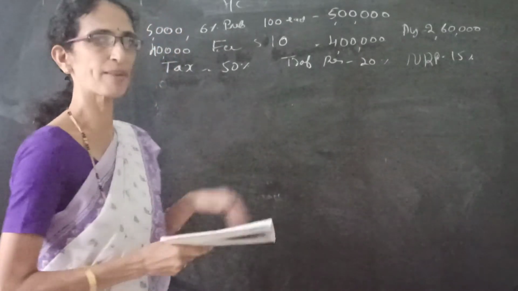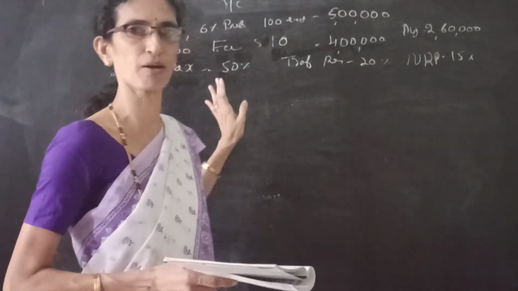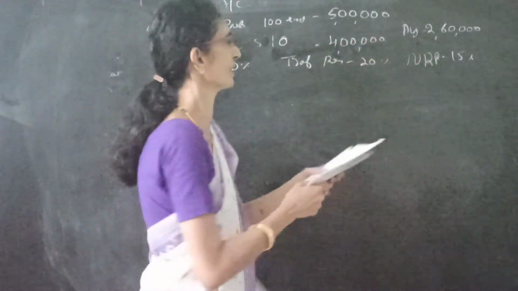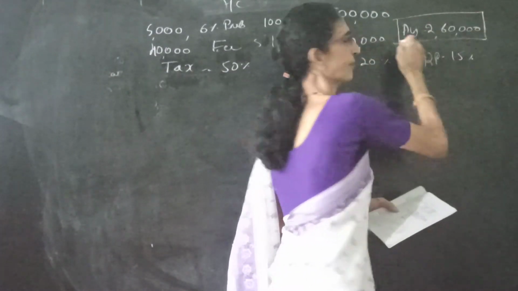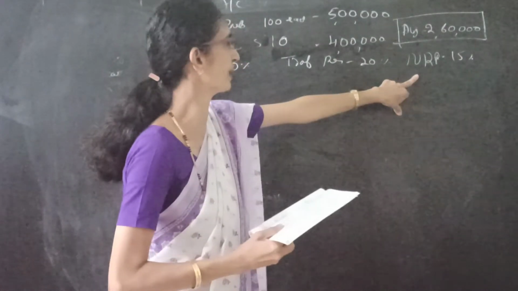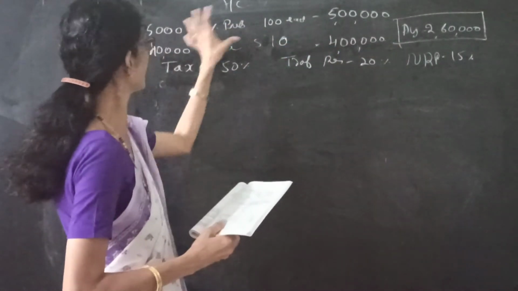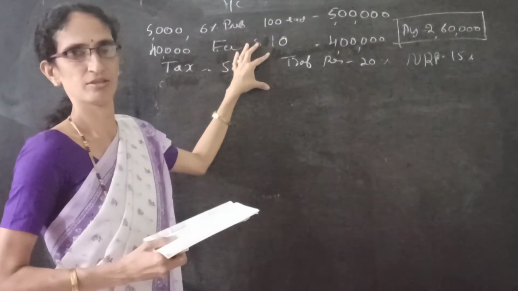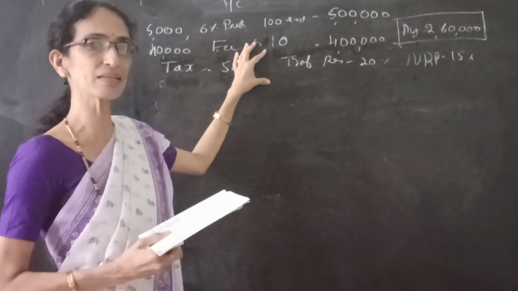See here, the market value of asset is not given in the problem. In this problem, the average profit is given. It is important. Average profit is given. Normal rate of return is given. Then preference share capital and equity share capital is given. So we can adopt yield method.